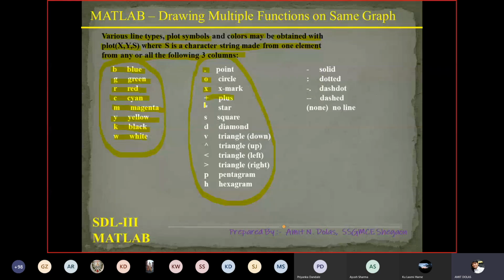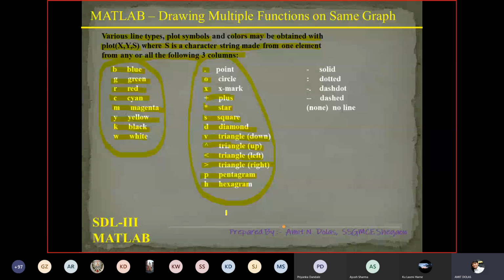Plus sign if you want plus, then star, then S for square, D for diamond, V for triangle down, up arrow for triangle up, less than for triangle left, greater than for triangle right, P for pentagram, and H for hexagram. So these are all for marking.